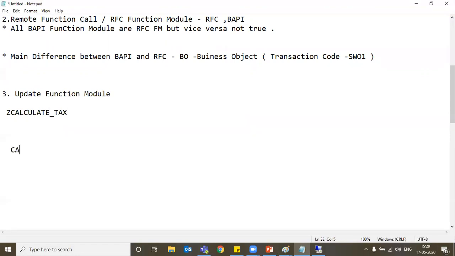If I want to use this function module, in a single piece of code you have to call this function module. The normal function module is always called like this: CALL FUNCTION, with exporting and importing parameters.